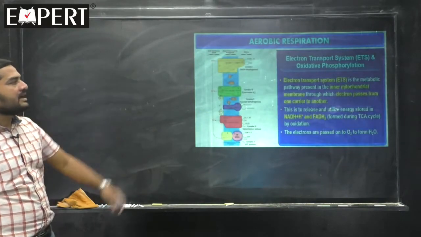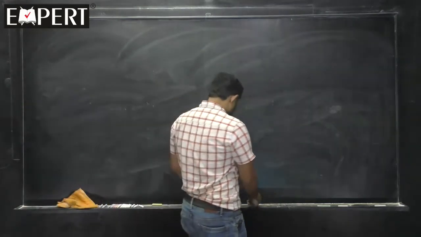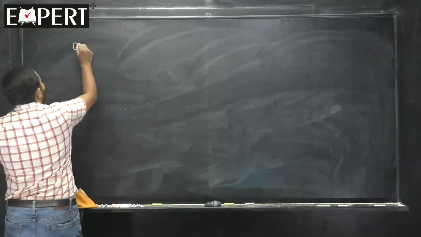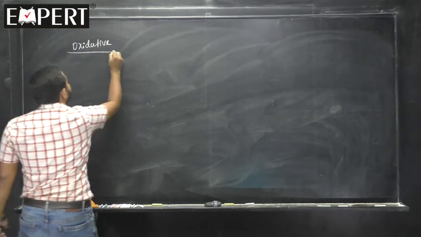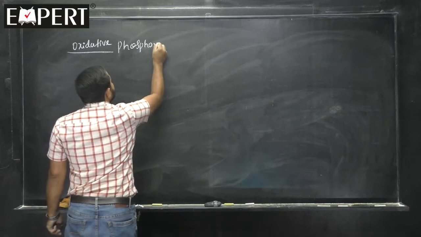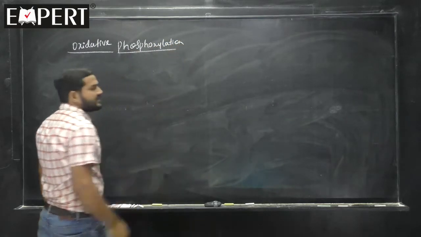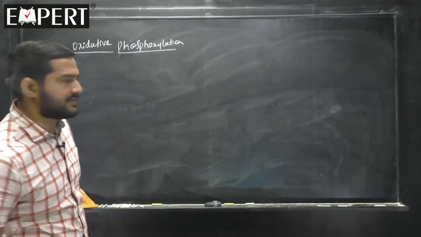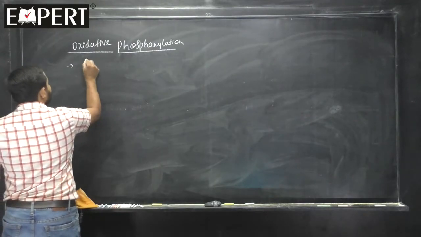Now, we are going to the electron transport system where there is a formation of 34 ATP. So, that event is called oxidative phosphorylation. I will just give you the introduction for this oxidative phosphorylation now, then the remaining aspects we will take in the next class. First point, it requires